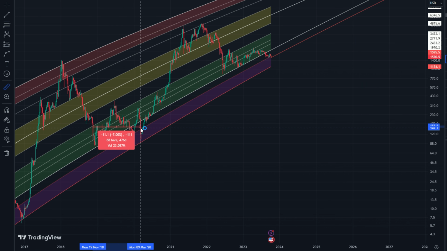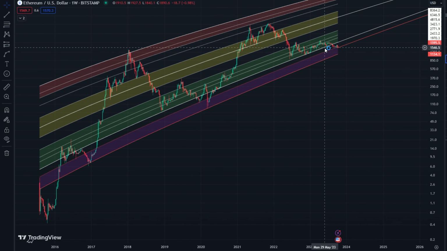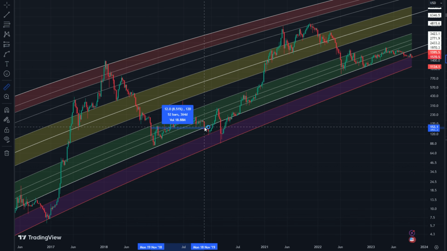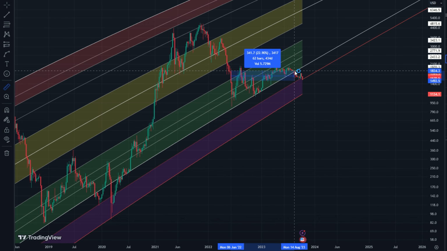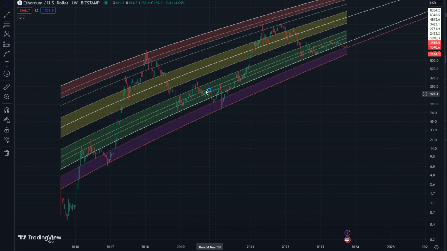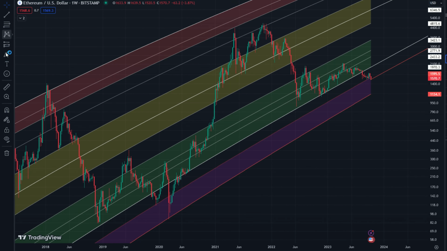So again, maybe we have bottomed out. It kind of depends on what you want to believe, because we've come down from this zone, and actually if we check again, we spent 52 bars oscillating within this green range. If we come back up here, we spent 62 bars oscillating within this range. So you could argue, well, we've had our time in here. And then we break down below, and 20 weeks later, we put in our low. We've had something like 20 weeks outside this,